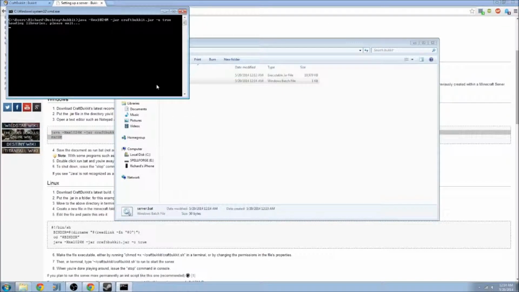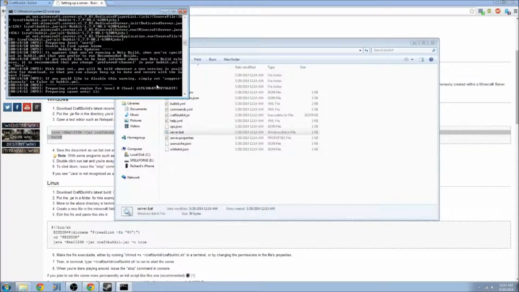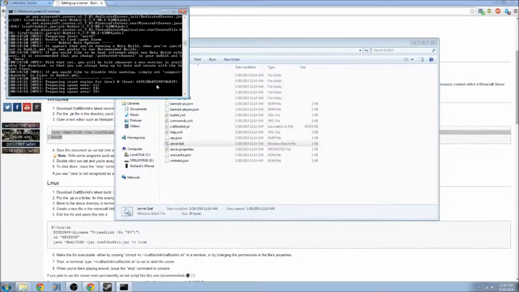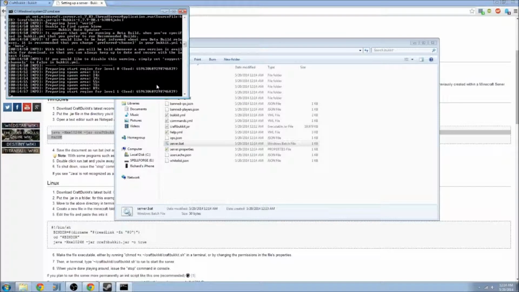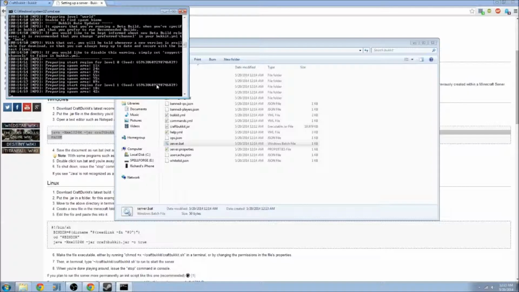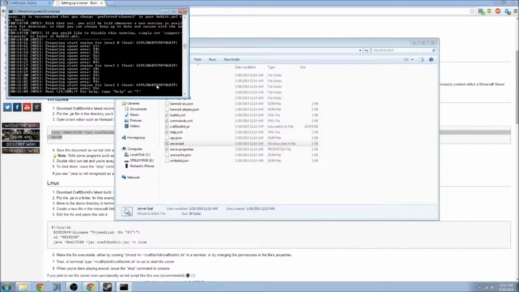And it's going to say loading libraries, please wait, and this giant wall of text is going to appear momentarily, and it's going to create all of the files for Minecraft and stuff. Alright, so now that that's done,